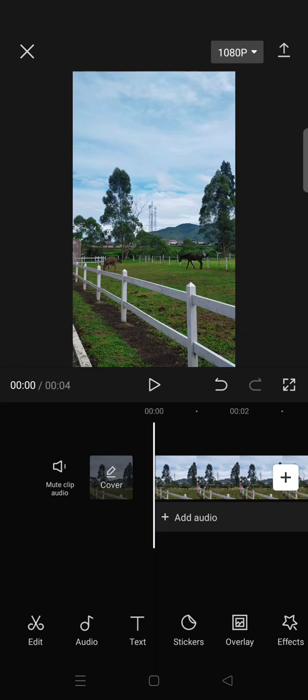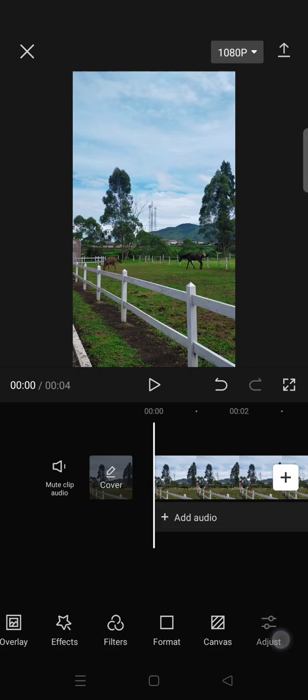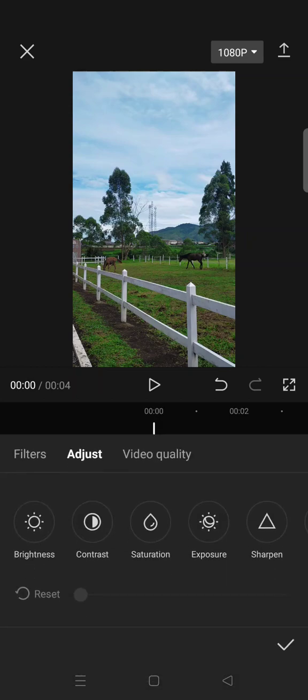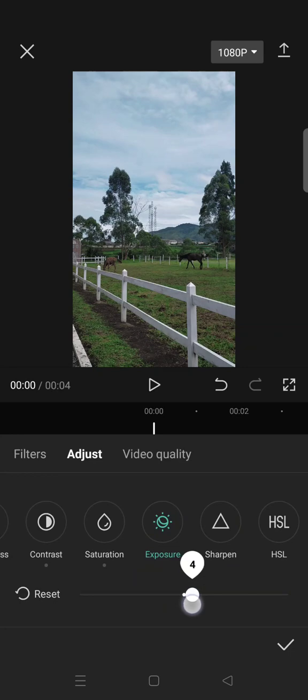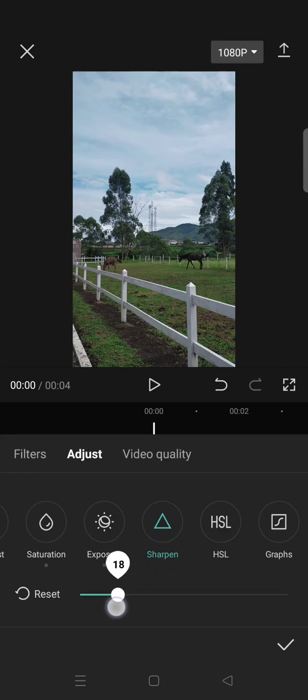On today's video, I'm gonna show you how to make a cinematic color grading effect on CapCut. So first, import your clips and then go to adjust. Then follow this setting. So for the brightness, you need to reduce it to -2, and then the contrast into -6, saturation -14, and then the exposure added to only 2, and then set the sharpen into 33,